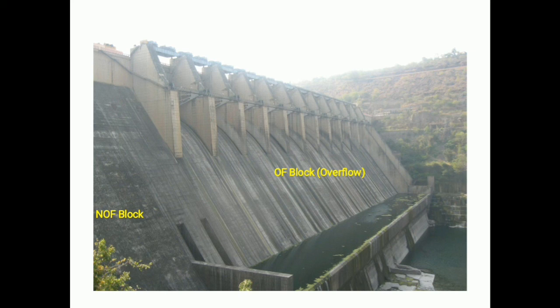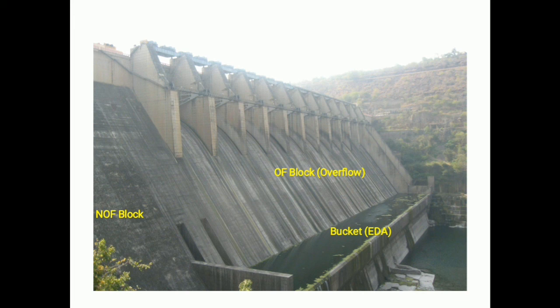In this picture you can see it is a bucket type arrangement. Bucket EDA means energy dissipation arrangement. The water coming from the dam top or from the openings will come with a huge velocity, so that velocity or energy needs to be dissipated without causing much problems to the dam. There are many different types of energy dissipation arrangements, which I will explain in the next classes. This lecture is only about knowing the different terms.